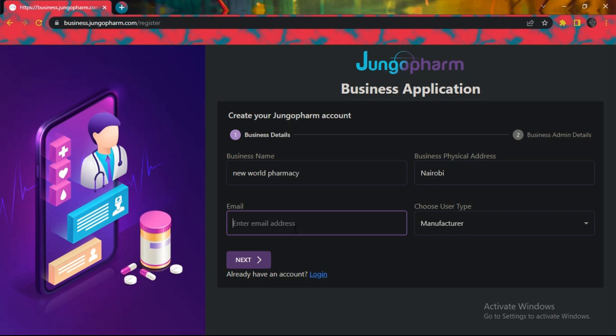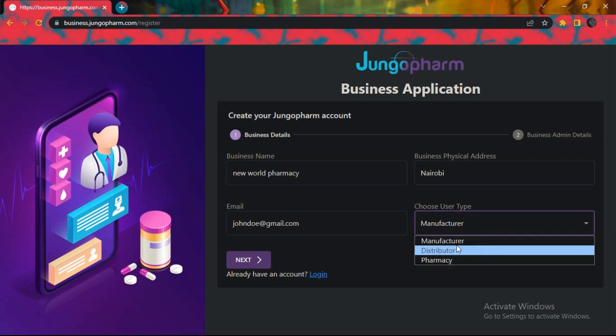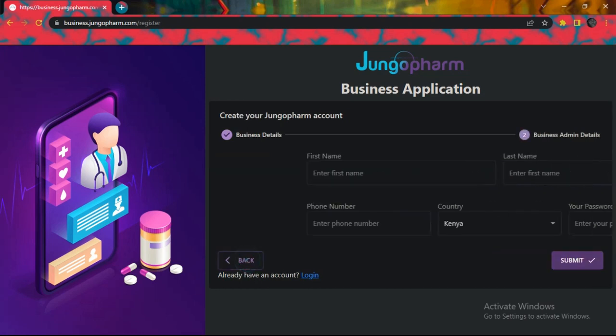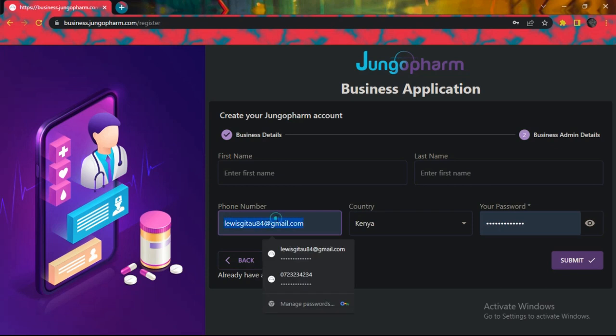Proceed to fill in your email address. And then select the user type, if you are a distributor, a pharmacy, or a manufacturer. After that, click on the next button and it will take you to a second page where you fill details